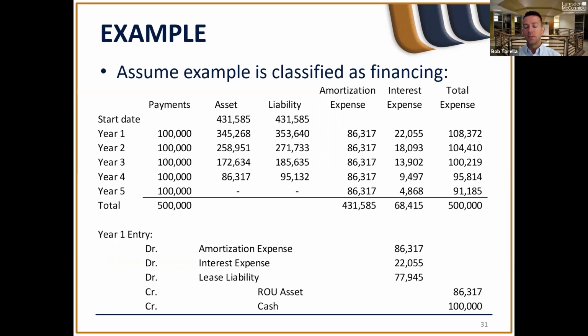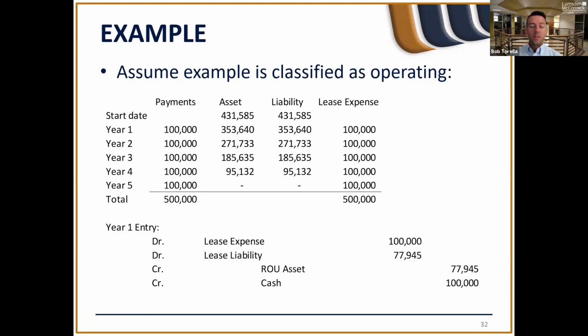So implementing this, if you have a lot of financing leases, or operating leases that somehow turned into financing leases, it can impact your P&L a little bit. So a higher expense in year 1 compared to a lower expense in year 2, but at the end of the day, your expense is still only $500,000.